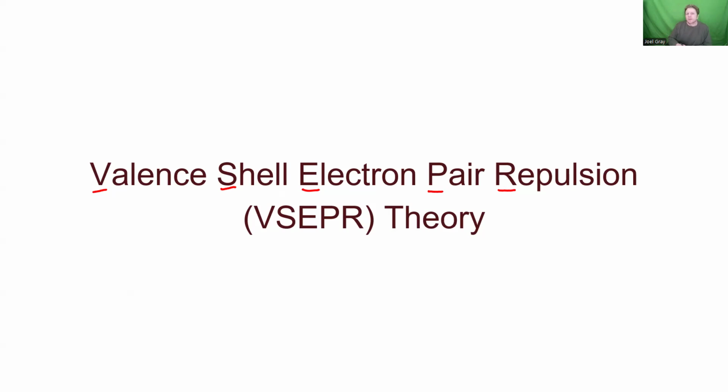Okay. Now, whenever you look at that and you're thinking, where do I even begin? I mean, you've got an idea of valence. You know what valence electrons are. Those are our electrons that are farthest out. But I actually want you to think about this word right here, repulsion. Now, whenever I hear the word repulsion, the first word that I think of, as a continuation of that, is repulsive. Like you know,